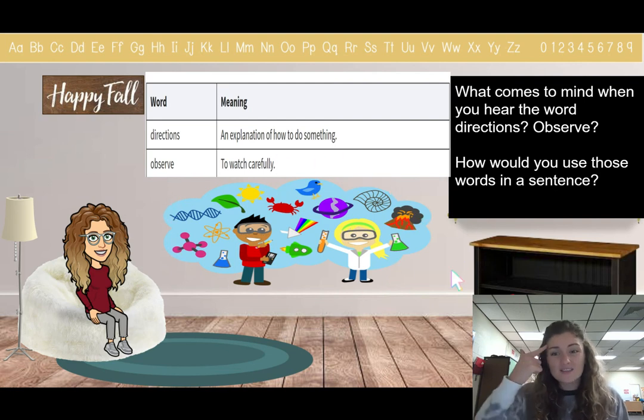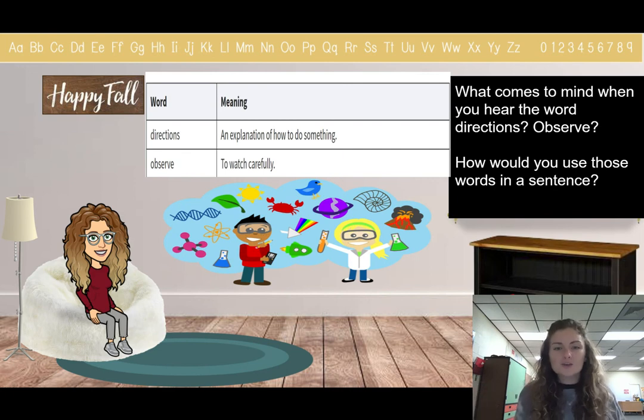When I think of the words directions and observe, I think about science. I think about how in science we have to observe changes, right? And a lot of time in science, if we're doing an experiment or if we are doing an observation, we have directions that we need to follow to do it the right way.